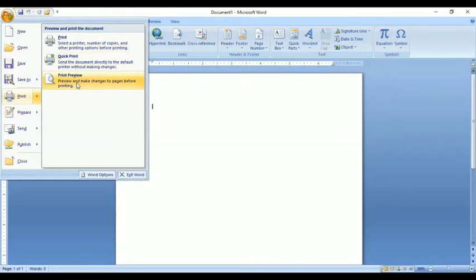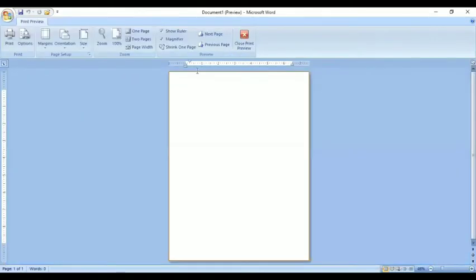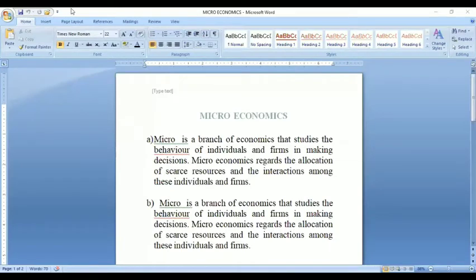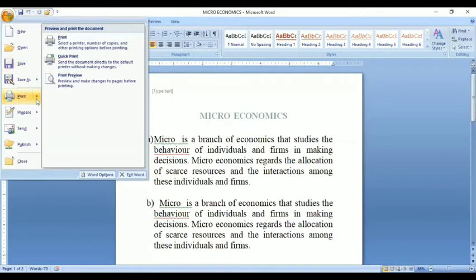This is print preview. Suppose you're typing a document, and if you click print preview, it shows how it will look if you take the print, how it should be displayed. For example, I'm going to the print option, print preview I told you.